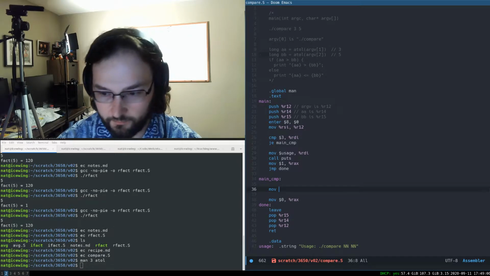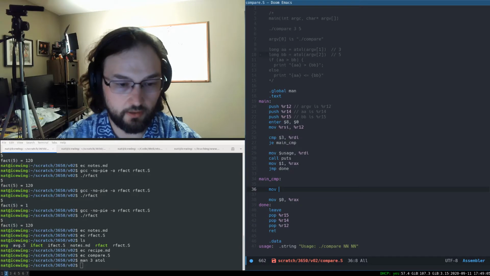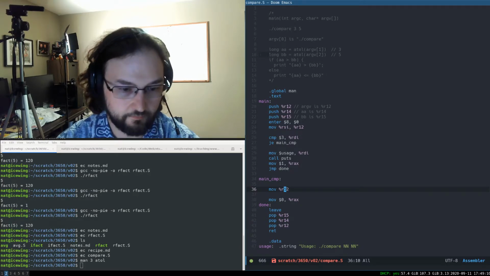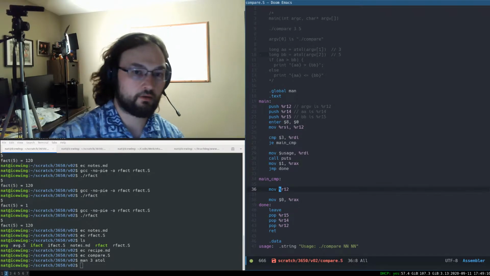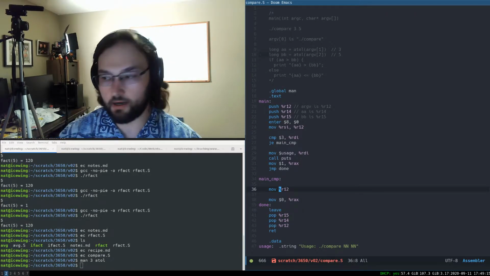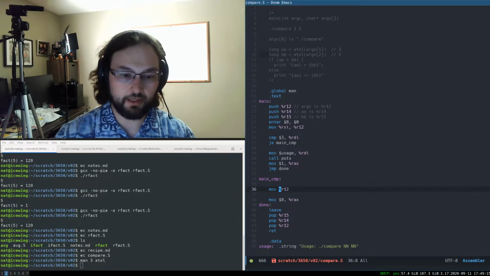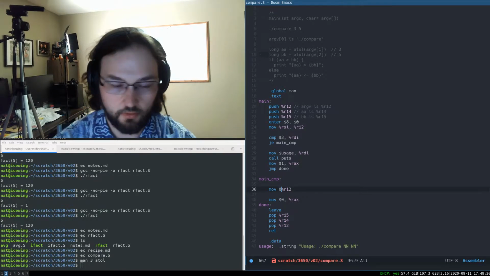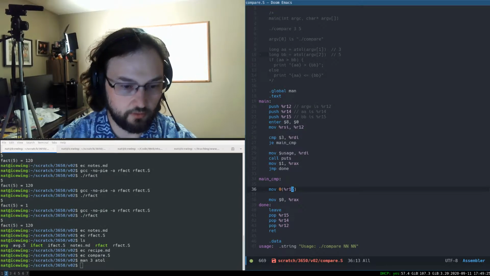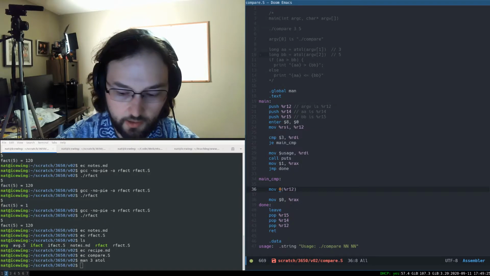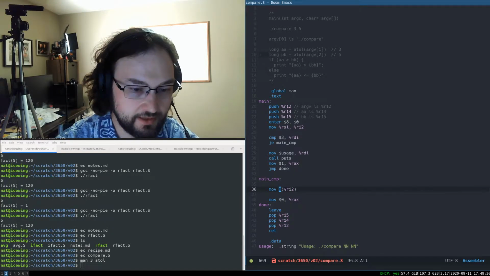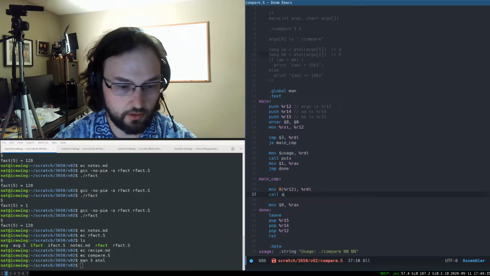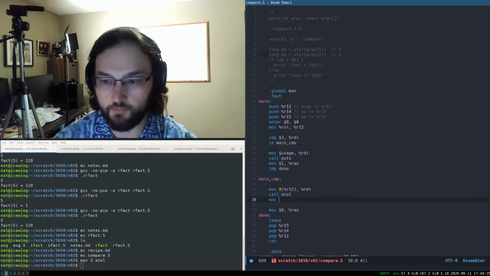So we want to mov argv sub 1. So argv is R12. Argv is an array of character pointers. Each character pointer is 8 bytes. So argv sub 0 would be a 0 offset from R12. Argv sub 1 is 8 times 1 is 8 bytes from R12. Move that into RDI, and we can call A to L, and then we can mov the result of that